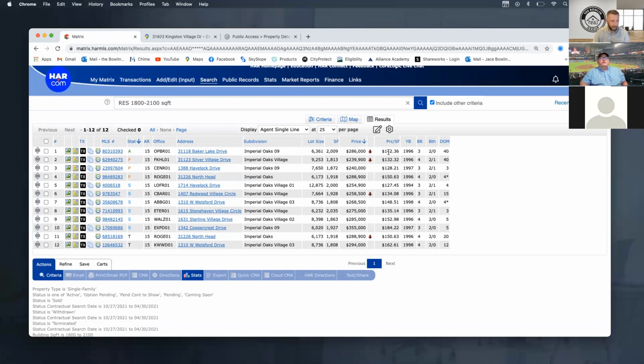But if you look here, a lot of times potential sellers will say, yeah, but look at these prices per square foot, $184, right? If we did the math on that, this first off is the property that wouldn't be there, so we're just going to use the 152. They're like, well, why can't I get 152 for price per square foot? I've got some upgrades. Mine's really nice, right? Well, you have to explain to them that